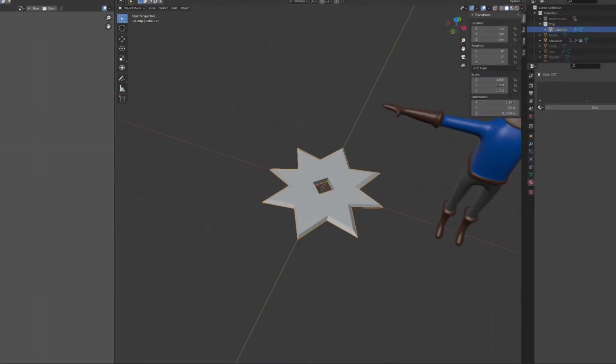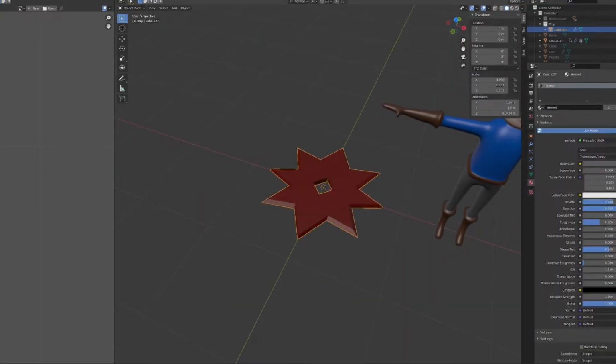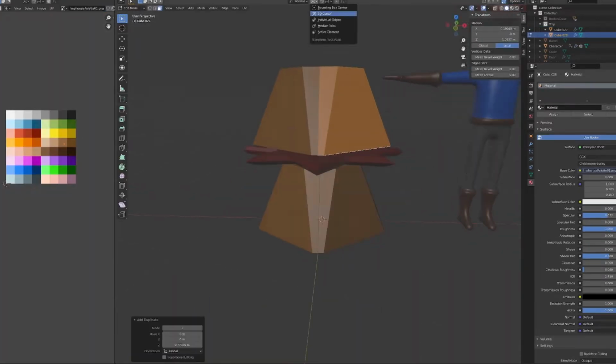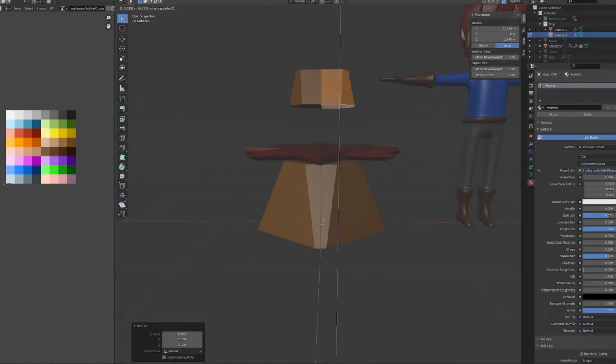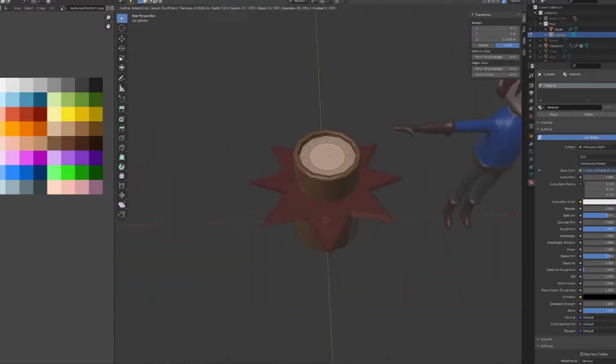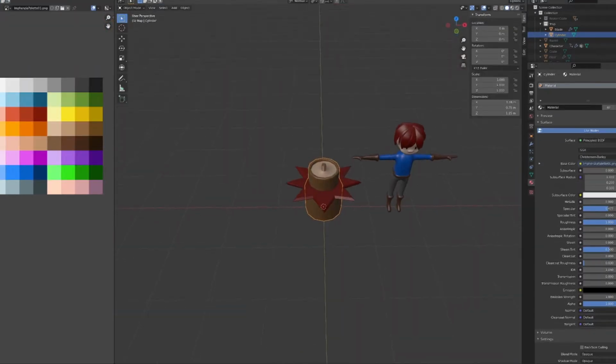The blade of the trap will use the same material as the enemy's armor. It will rotate around a wooden base. The first attempt was really ugly. The blade looked okay, but the base was definitely a goner. So I opted for a simpler design, like a wooden stump. I think that's a bit better, don't you?